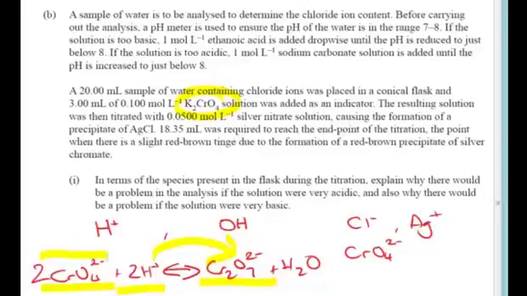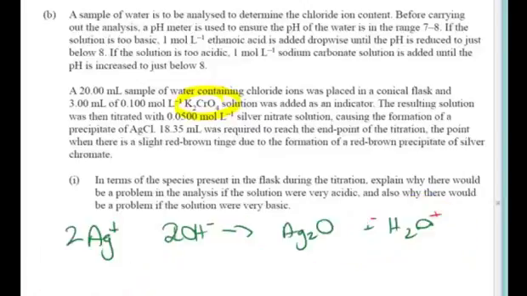So what happens if there's too much base present? What if there's too much hydroxide? Well, the big clue there is we've got silver there. If you remember from qualitative chemistry, there are a lot of precipitates that can form with hydroxide. Silver ion is a little bit different, and it forms silver oxide. Okay, if you remember that equation,